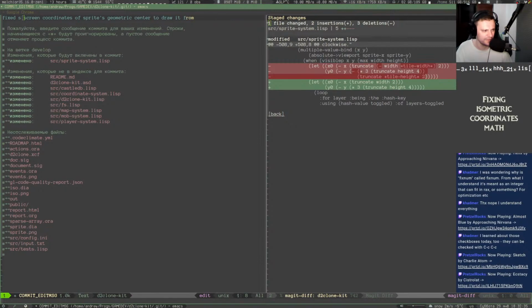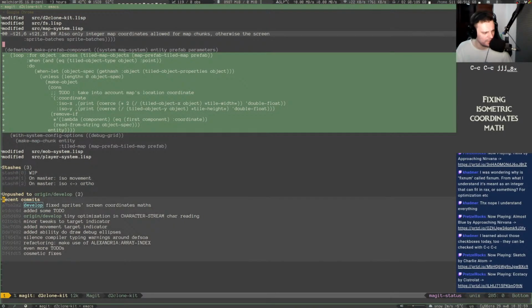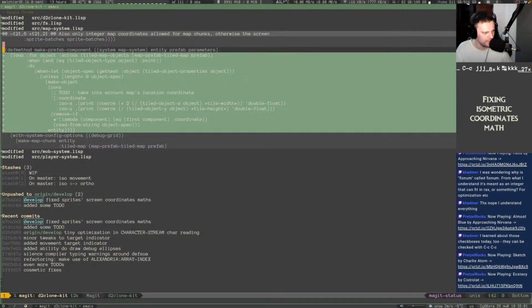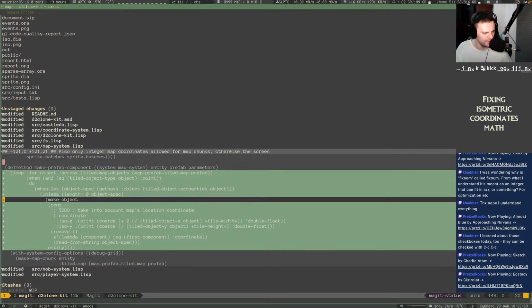Yeah, like fixed sprite's screen coordinates. Sprite's screen coordinates maths. Yeah, let's put it like that. Okay, and then we got this really important bit,